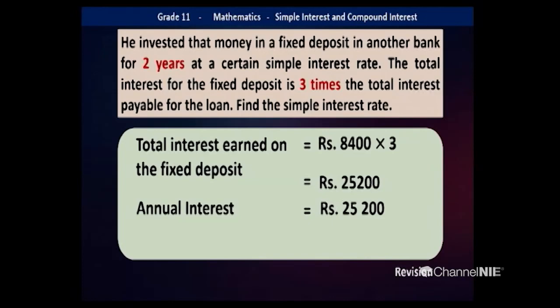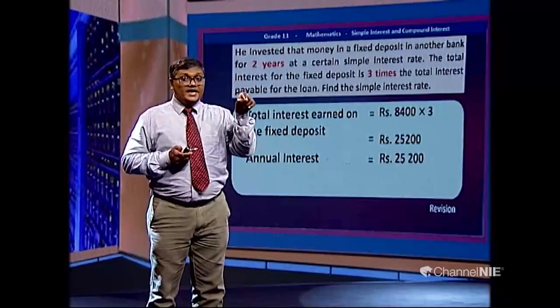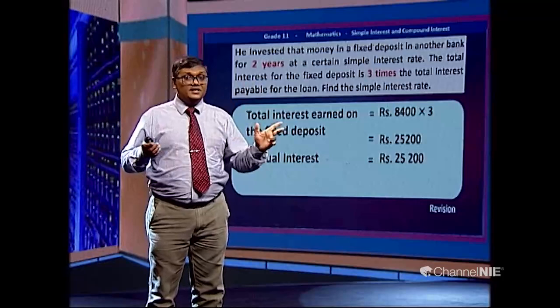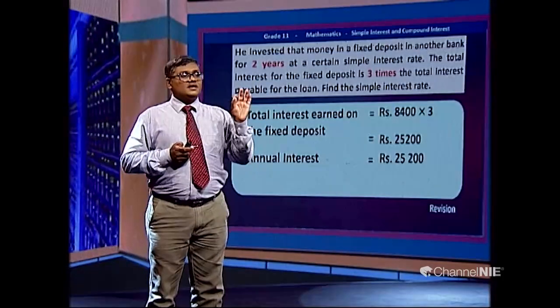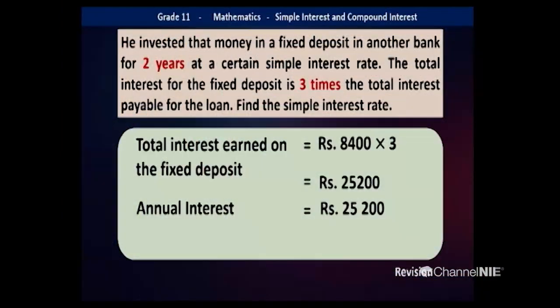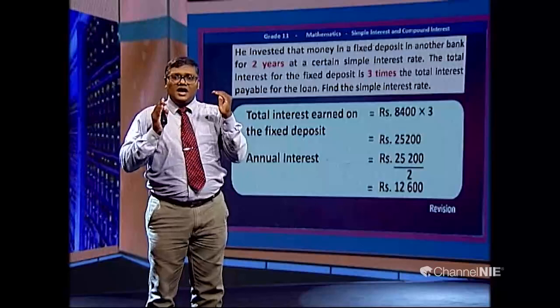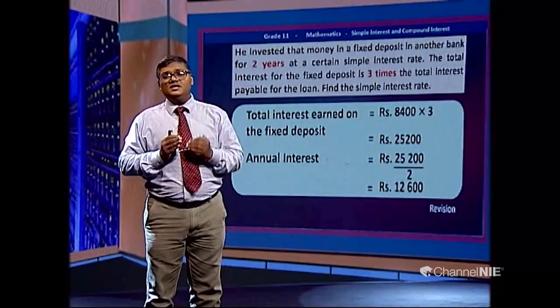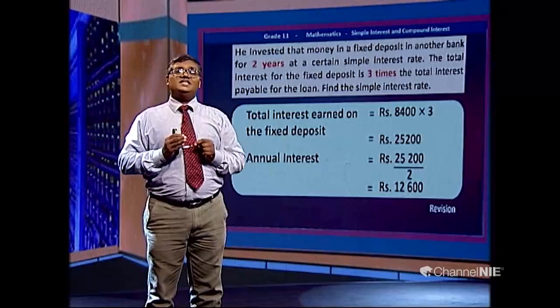What is that investment? That investment is made at simple interest rate, but we don't know that. That is what they ask. But you know 25,200 is the interest for 2 years. Then let's see the interest for 1 year. 1 year interest should be half of that. Divide by 2, rupees 12,600. Then by going that way we calculate how much is the interest for 1 year from the simple interest investment.